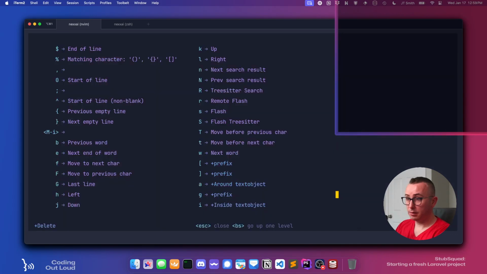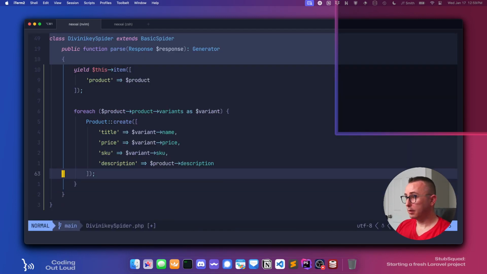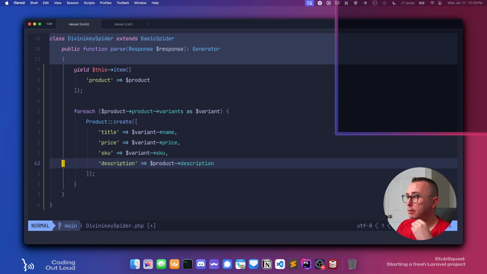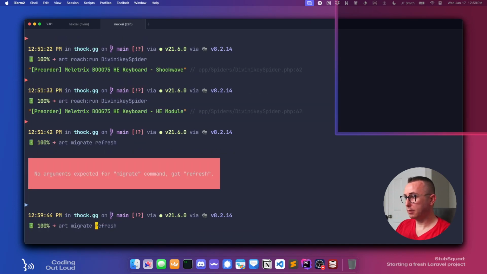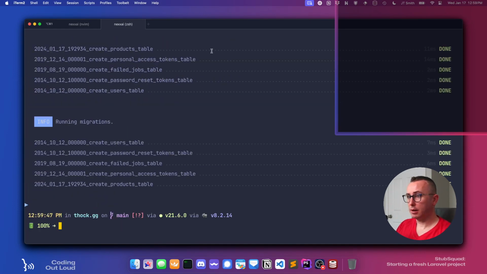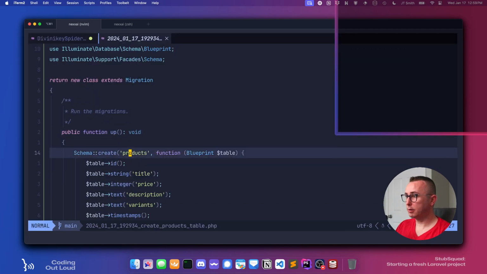So, actually we can just, so we don't need that anymore. Okay, so that should create three variants. So let's say art migrate refresh. Okay, so oh, and we got to create the SKU in the migration. So